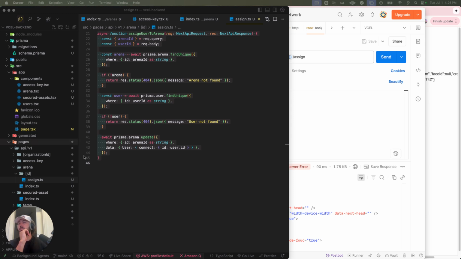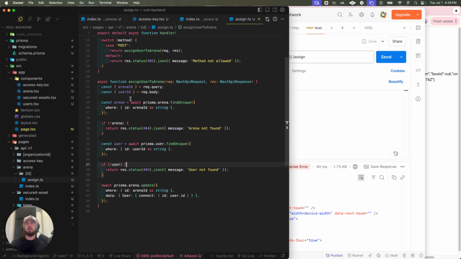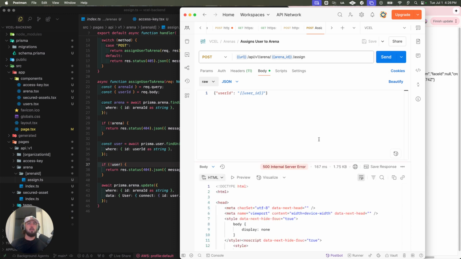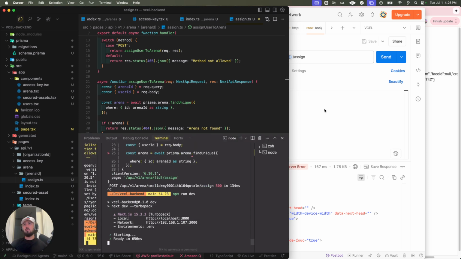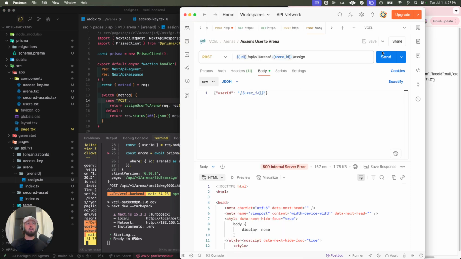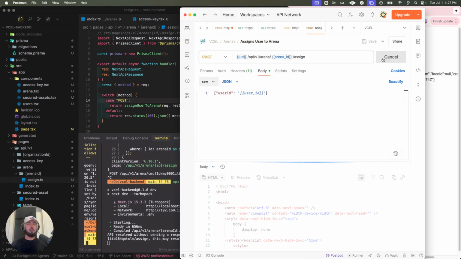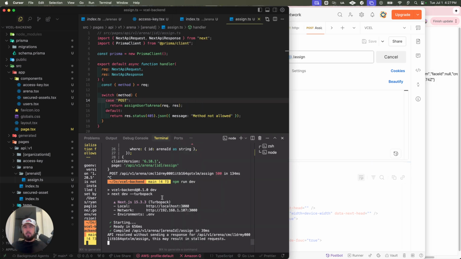And, oh, I see what's going on, because I didn't name this correctly to arena ID. Whoopsie daisy. Okay, let's try that one more time. Arena ID. Maybe that'll work, maybe not. But basically, what we're building here is just like a blockchain of data and people, which I think is really interesting.